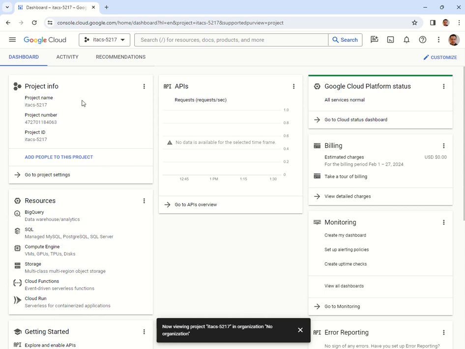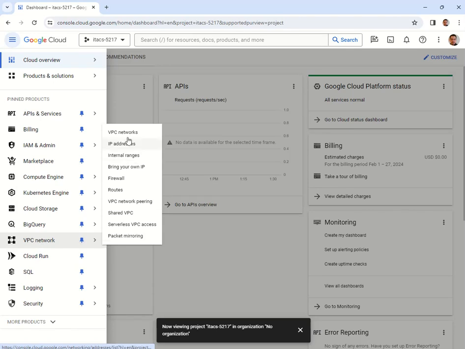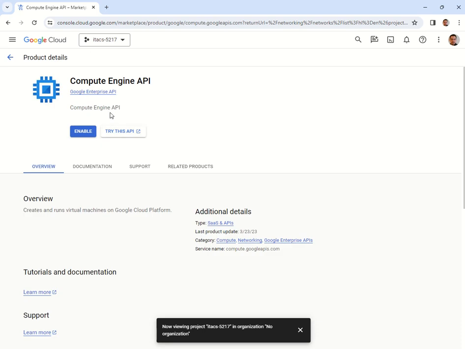Next, we're going to create our virtual private network. So we're going to go to the hamburger and go down to VPC network, and you'll go to VPC networks. You may get this error message when you get here. You're just going to click on continue, and it's going to redirect you to the page to enable the Compute Engine API. So once you enable this, it should allow you to access